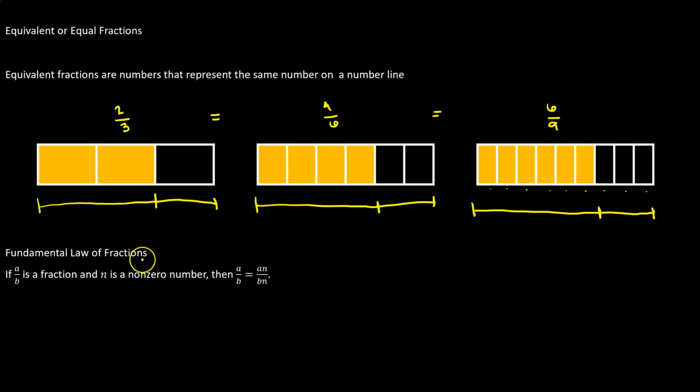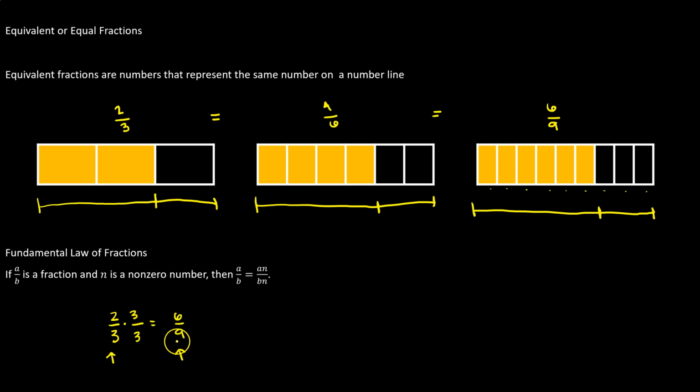The fundamental law of fractions helps to clarify this. It says that if you have a fraction a over b, and n is some non-zero number, then we can multiply up our fraction as long as we multiply on top and bottom. So if I started with the fraction 2/3, and I multiply the numerator by 3 and the denominator by 3, I will get 6/9. So I started with 2/3, I multiplied by 3/3, and I get the exact same value,